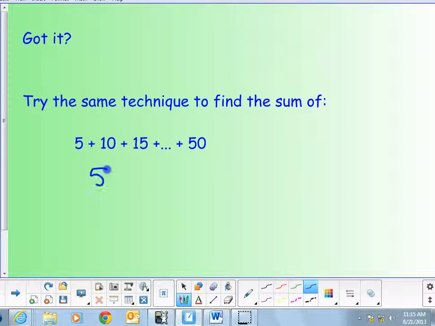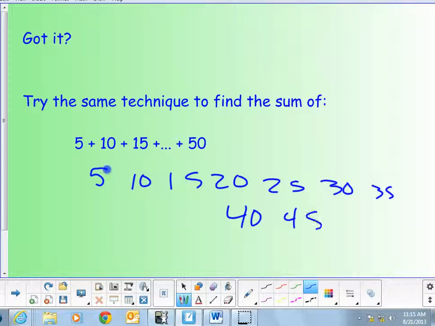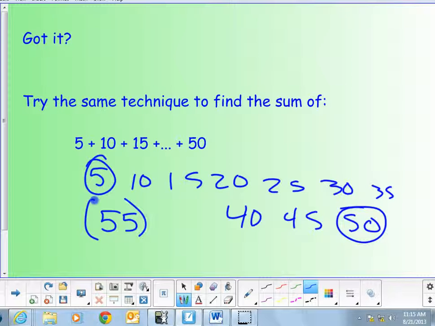So could we do that? 5, 10, 15, 20, 25, 30, 35, 40, 45, 50. How many terms is that altogether? 1, 2, 3, 4, 5, 6, 7, 8, 9, 10 terms. So the first and the last one add up to how much? But if there's 10 terms, we're going to actually multiply by 5. What do you get? So the formula,